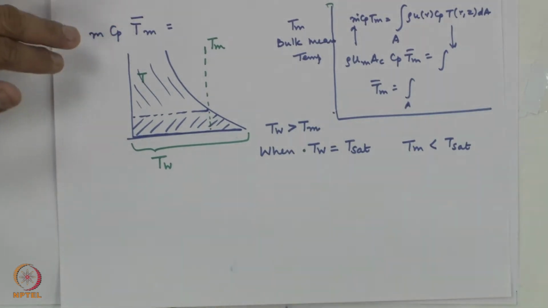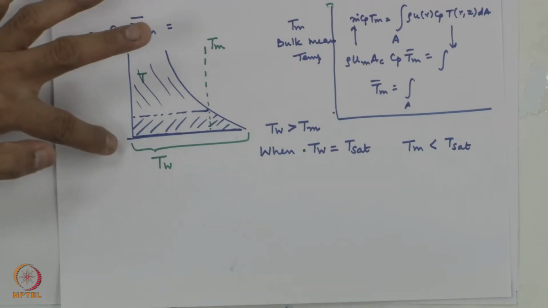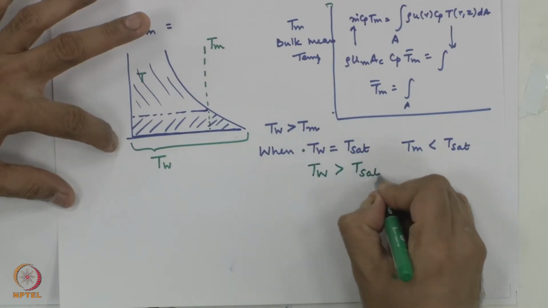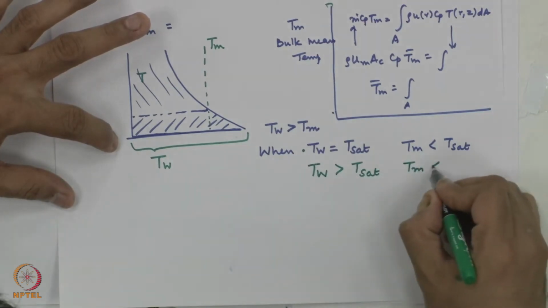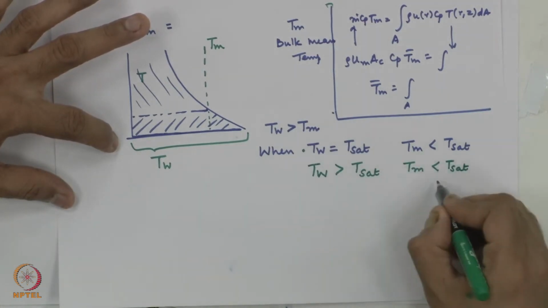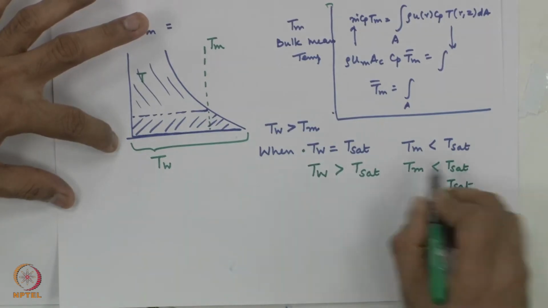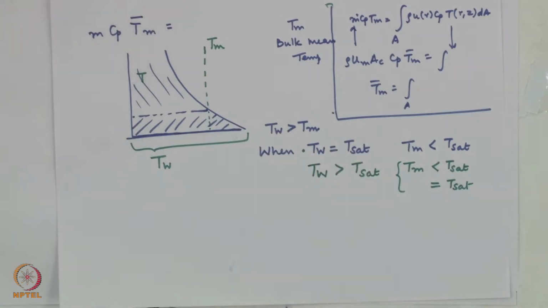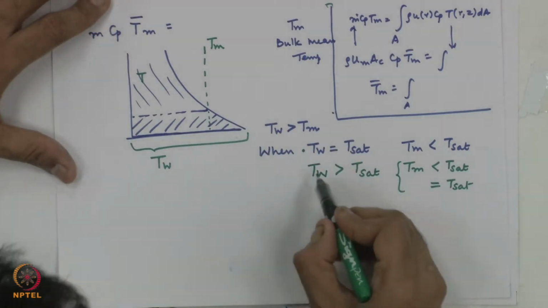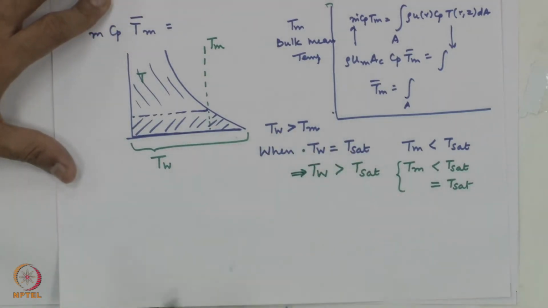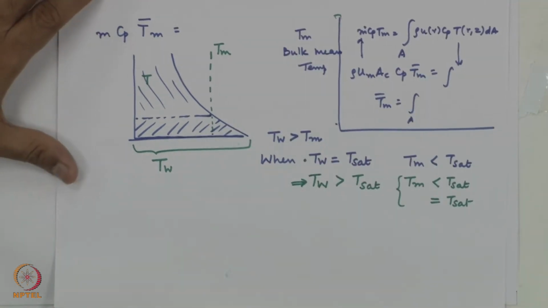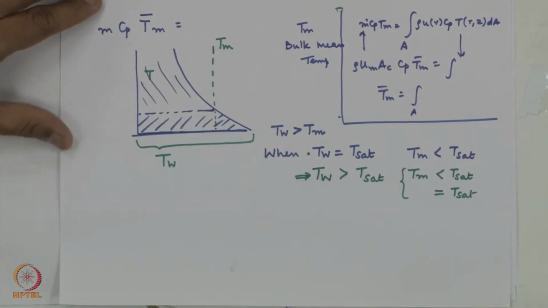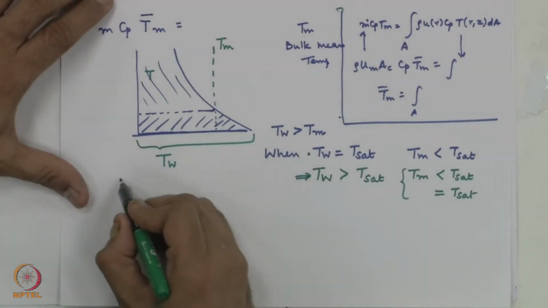Boiling will happen when I have a wall temperature T wall greater than T sat. T bulk mean may be less than T sat or equal to T sat. I do not know, because if this wall temperature becomes 110, obviously T bulk mean could be saturation temperature. All I am interested in is this inequality. When T wall becomes greater than T sat, I have to start being concerned about whether boiling is going to happen or not. For a given surface